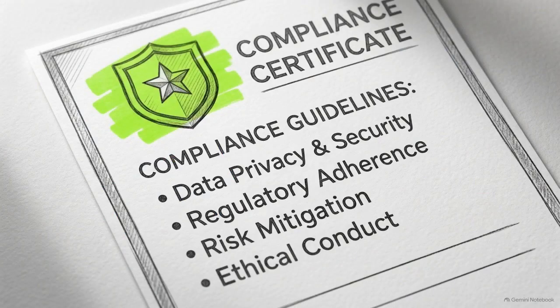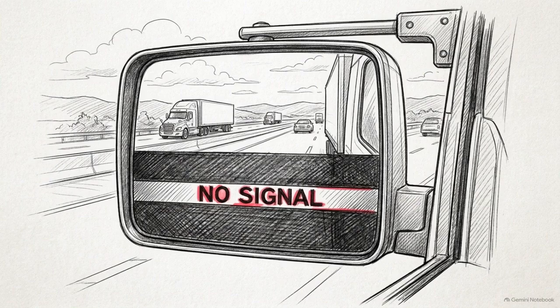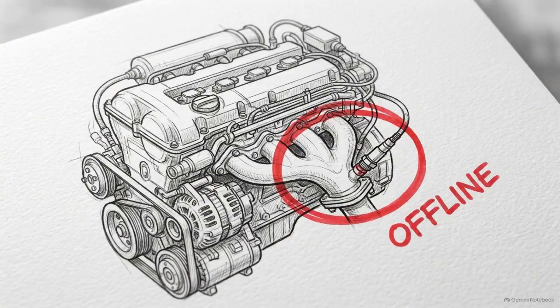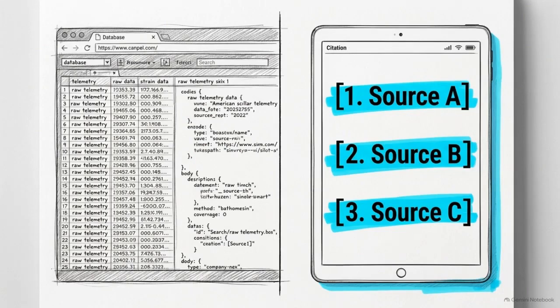To build trust, this mode requires strict rules. The agent must explicitly cite the specific systems it queried and define the exact time window it analyzed to reach its conclusion. The agent must also actively identify its own blind spots, clearly stating if specific vehicle sensors were offline during the queried timeframe. Silently averaging over missing data destroys operational trust. An honest AI that explicitly cites its work bridges the gap between raw backend databases and human decision-makers.